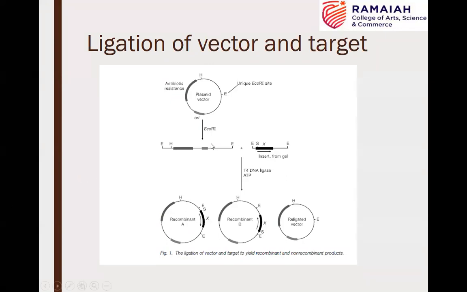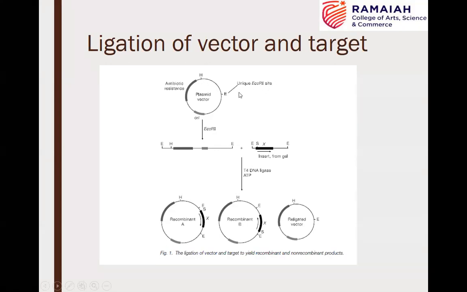Before going to the usage of alkaline phosphatase, in this slide, I want to discuss, by showing diagrammatically, how different products are formed during the ligation. This is the vector molecule. Here in this example, a plasmid vector is taken. If you look at the plasmid vector, obviously it should have its origin of replication by which it is capable of replicating autonomously. And there are two restriction sites present on this vector molecule. E indicates EcoRI, H indicates HindIII.